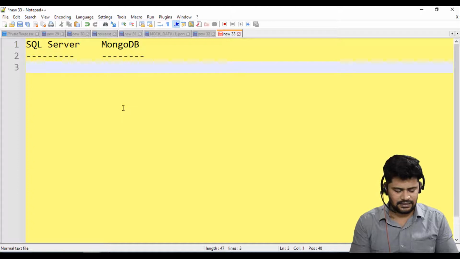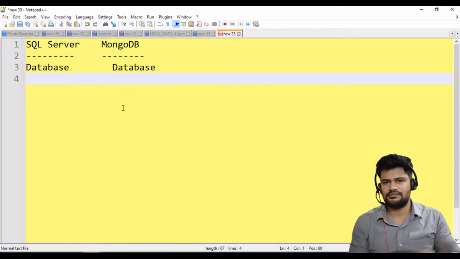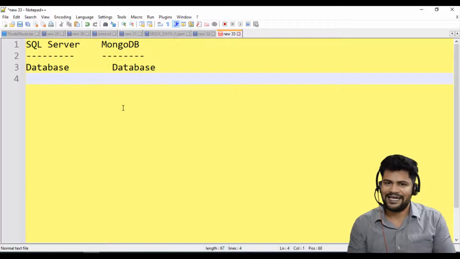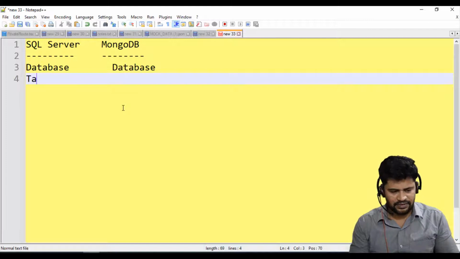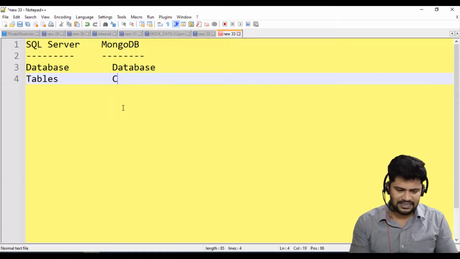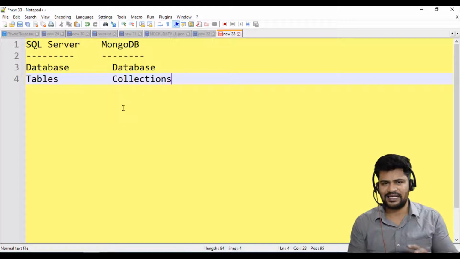Here we call it a database, and here also we call it a database. Both are databases. In a database, what will be there? A collection of tables. Here you have a collection of tables, and here we don't call them tables. We call them collections. A collection is like a table.